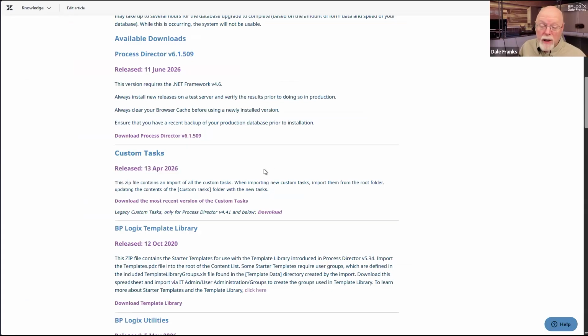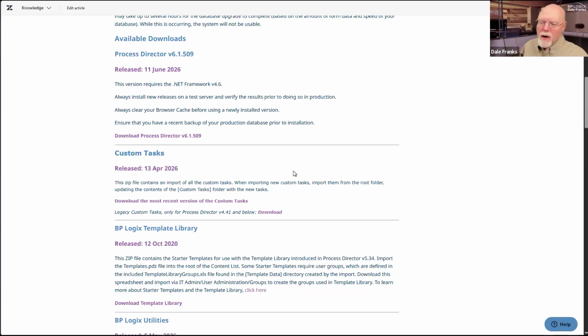So that version is a year older than the release date of the custom tasks. And the reason is because we haven't needed to change that custom task. And so its version number is currently still stuck in an April 2025 version number. So, by the way, if you look at the version number of the custom task, that automatically tells you the date in which it was published. So if I tell you the current version of the custom task, because this is something that I might do, I might come back and say, okay, well, what version of the custom task are you on? Our current version is 2025.4.29. What version are you using? And then you can check the version number and see if it's the most recent.